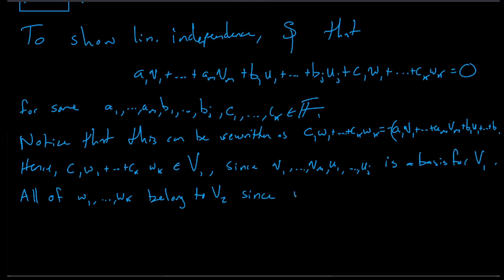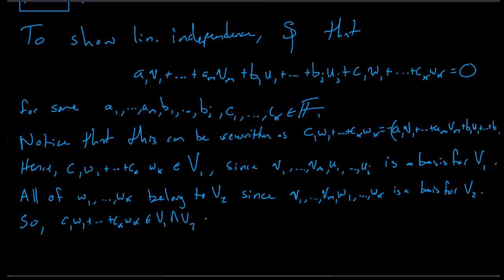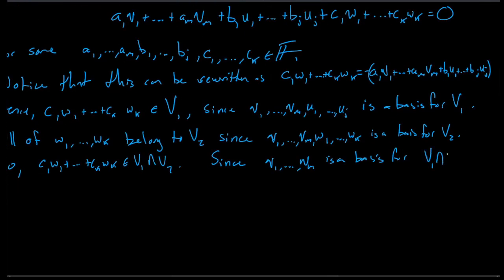Since, only write this piece of reasoning one more time here, V1 through VM, W1 through WK is a basis for V2. Fair enough. Now, what this tells us is that C1 W1 plus dot dot dot all the way down to CK WK is in V1 intersect V2. Oh, okay. This is pretty nice. Since V1 through VM is a basis for V1 intersect V2,